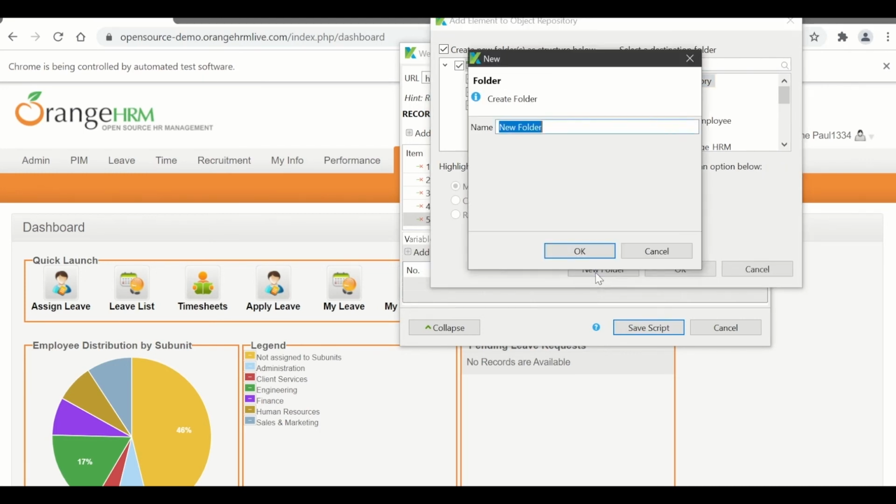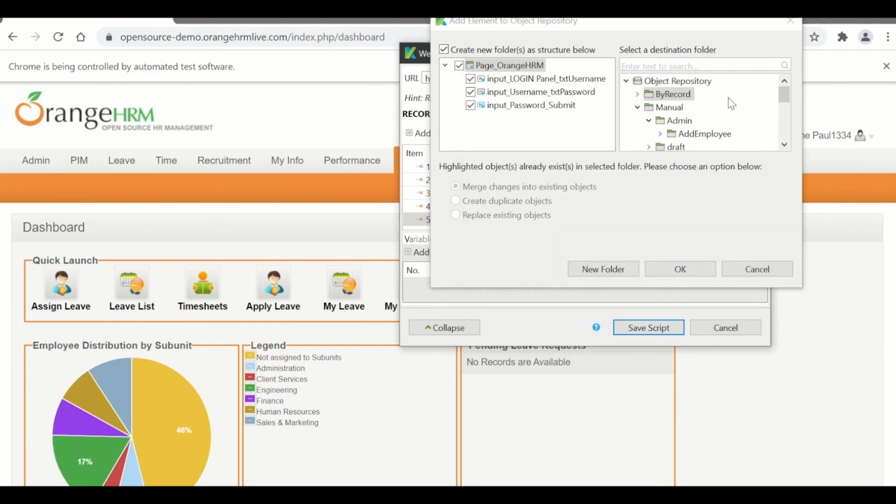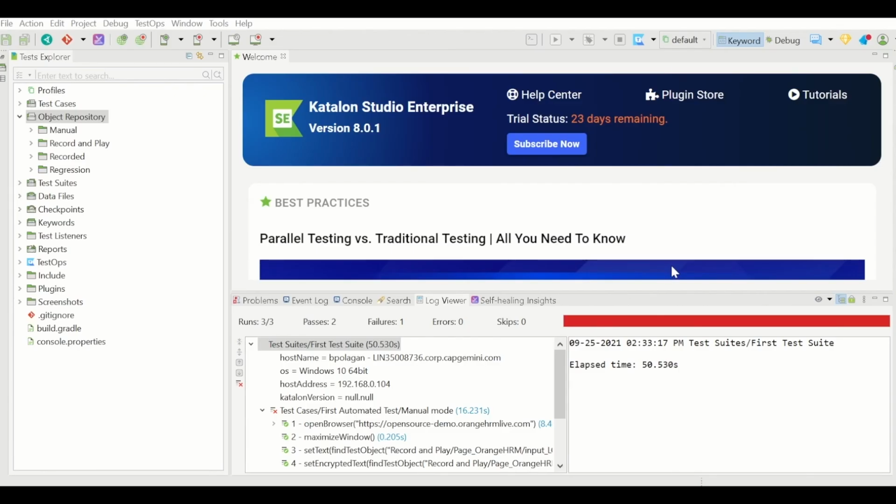I can select new folder over here, and I can give a name, let me say by record. So I'm creating an object repository with the help of the record feature. I created this by record folder, selected it, and then clicked OK.